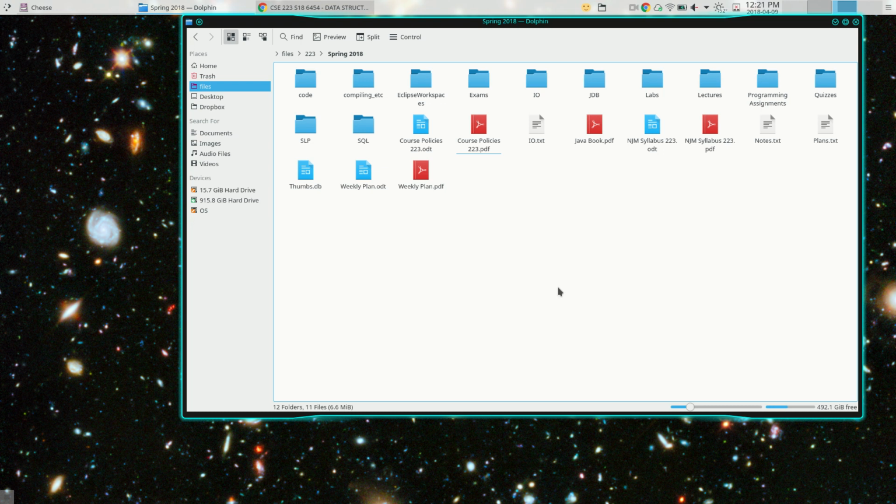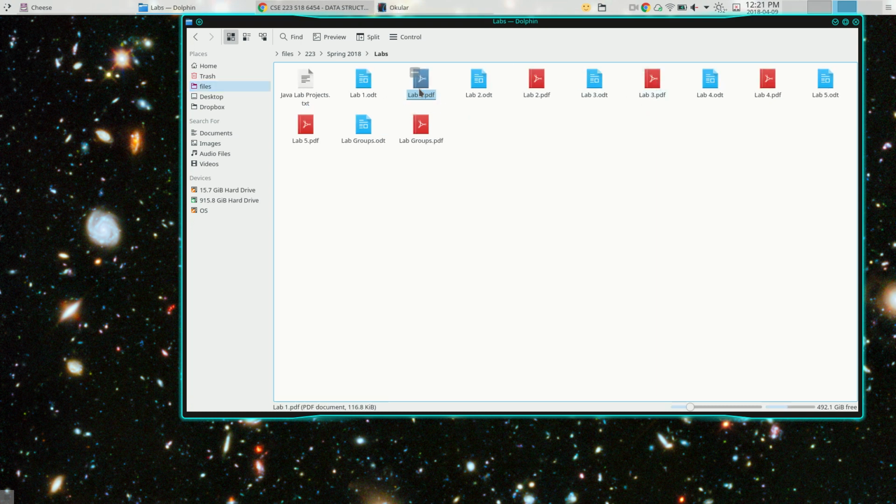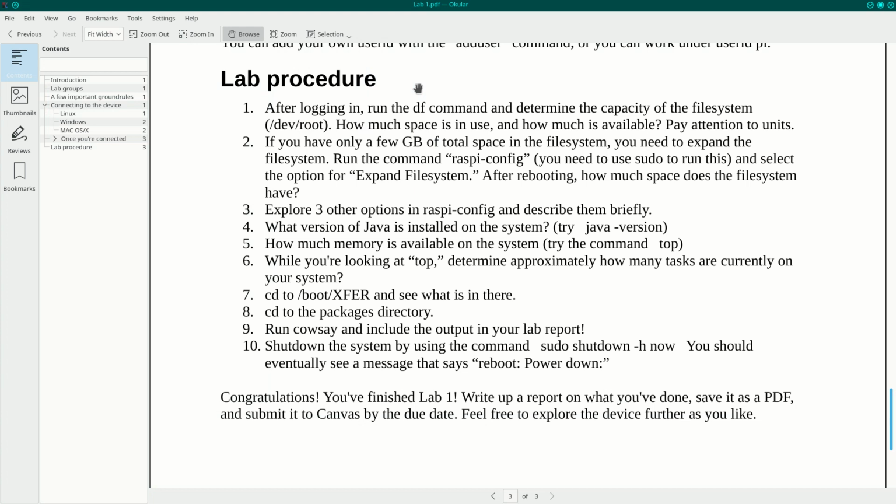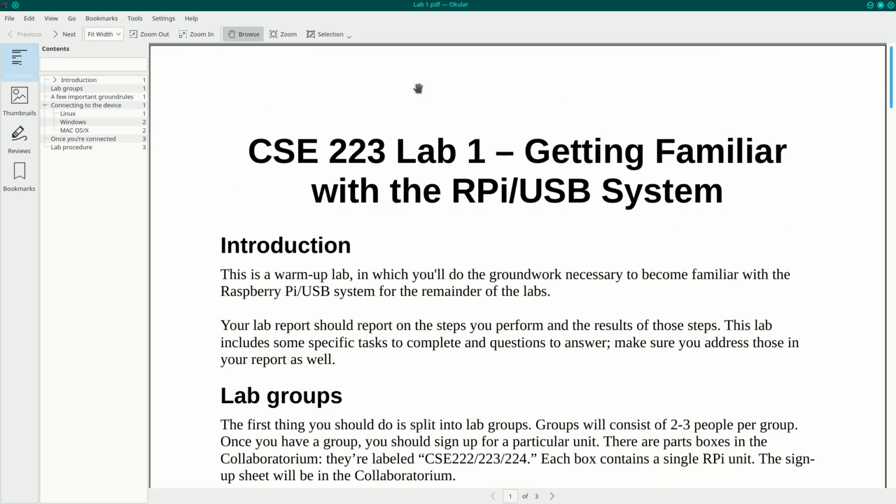All right, so your first lab is due Friday, so I want to talk about your first lab. Your first lab is kind of a hello world. It's not really doing a whole lot of Java. It's not doing any Java, actually. It's really just getting familiar with this thing, figuring out how to connect to it, what the basic setup is,